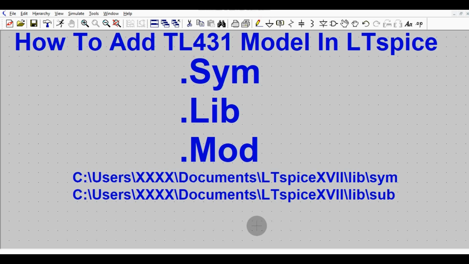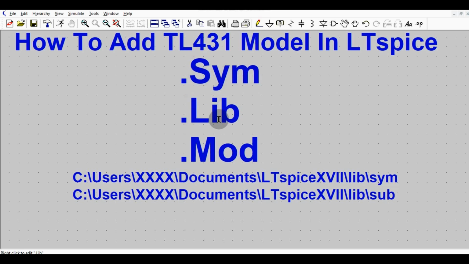Okay, so I will explain very simple steps. If you follow those steps, I am pretty sure you will be able to simulate TL431 in your LTSpice, right? So basically there are three types of files available for TL431. The first file is dot symbol, .sym. This is basically for the symbol.